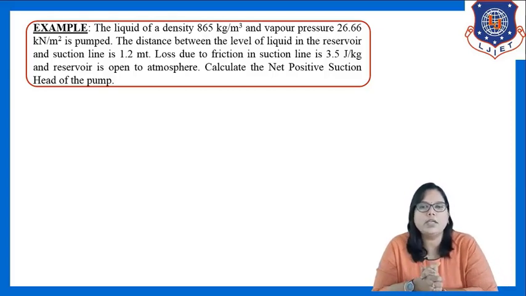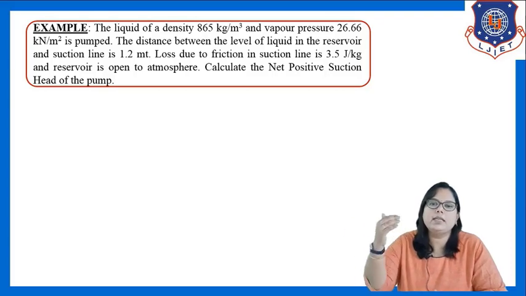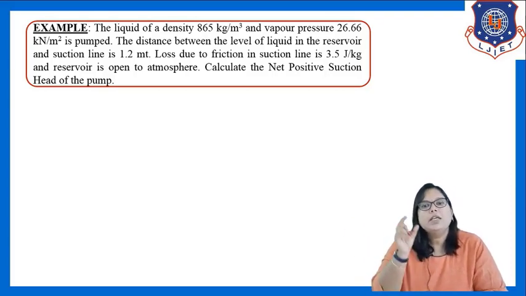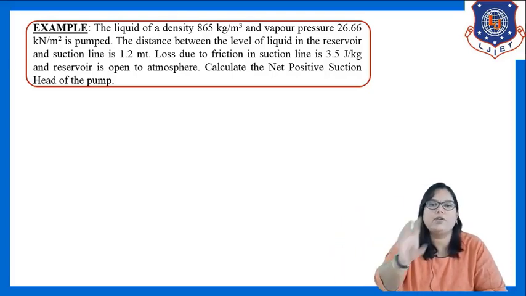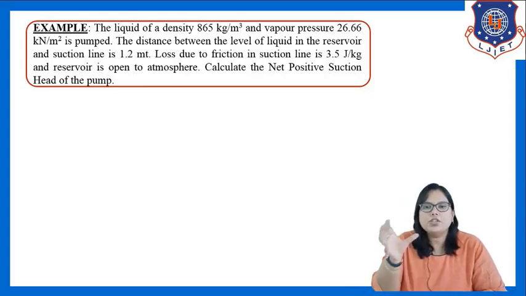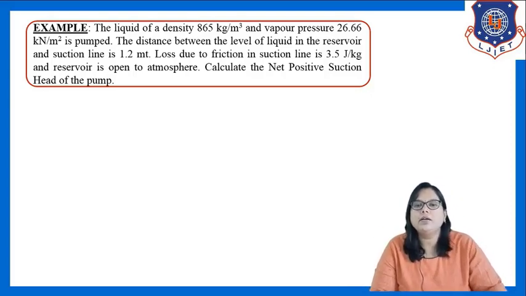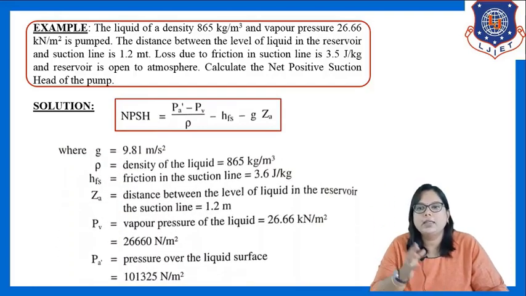We have already seen the theory of net positive suction head, that is the solution for cavitation, in our theory part. So that formula which we have seen already in NPSH theory, we have to use here to calculate net positive suction head. So let us first list out the data which was given. In the solution we first list the data which was given.